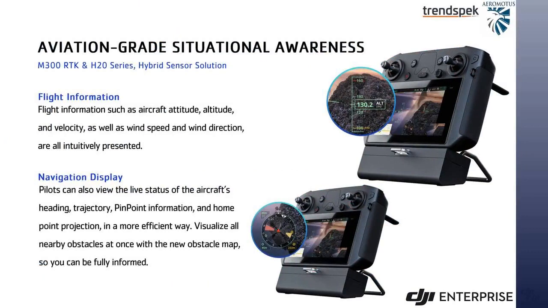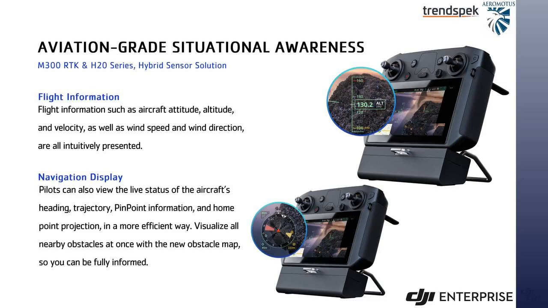It has aviation-grade situational awareness in terms of flight information and navigation display. The display has information on aircraft altitude, velocity, wind speed, and wind direction. It also has a navigational display, which helps you understand the heading, trajectory, pinpoint, and different features such as any obstacle, which makes it very convenient for the pilot